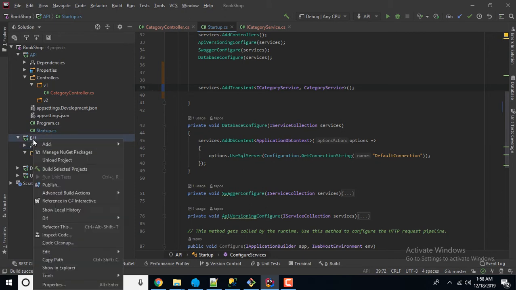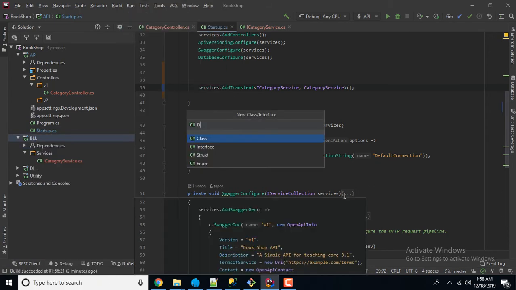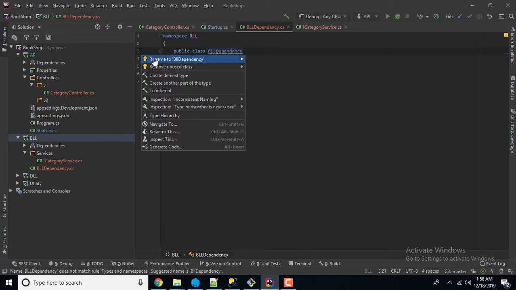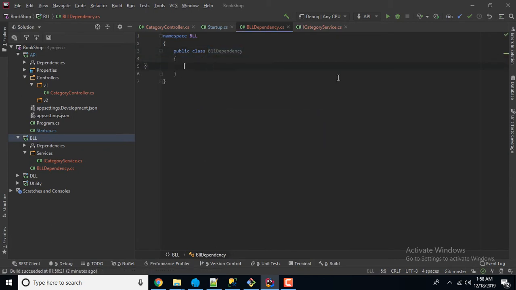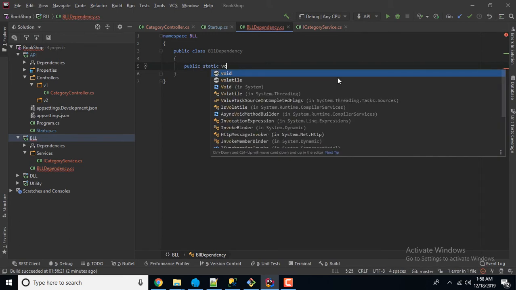I create a new class file named BLLDependency. Rename to BLLDependency. Okay, public static void